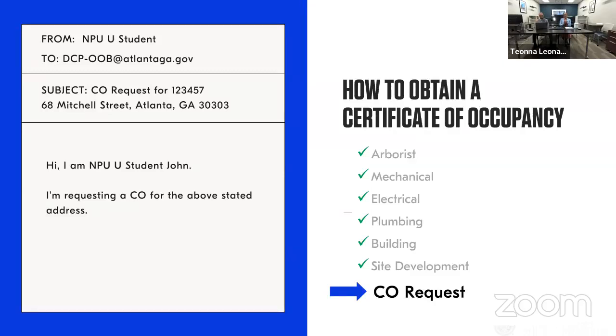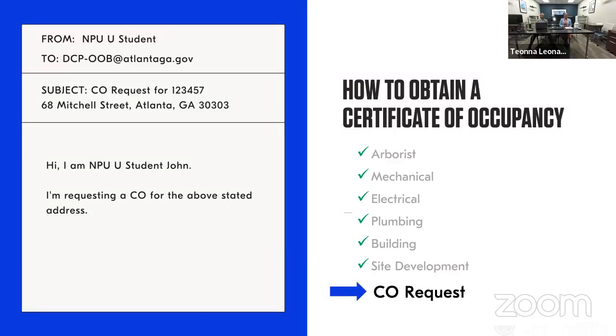If you call in the building final inspection before the arborist or site, one of two things is going to happen. Either you're going to fail your building final, or if they happen to pass you, because sometimes it has been overlooked, and you submit to my team and request your CO or CC, we're going to send you an email that tells you you're missing the following inspections. Please contact this number or that number to schedule said inspections and submit a new request for a CO once you've completed it.